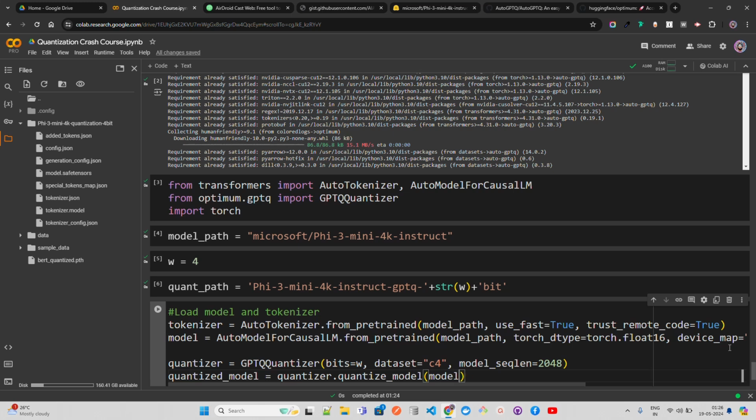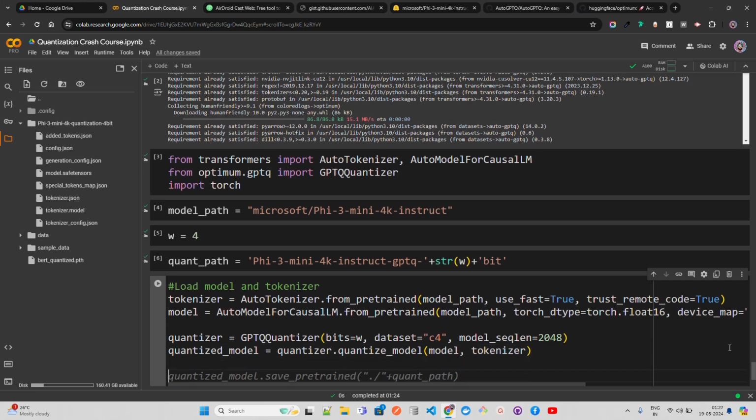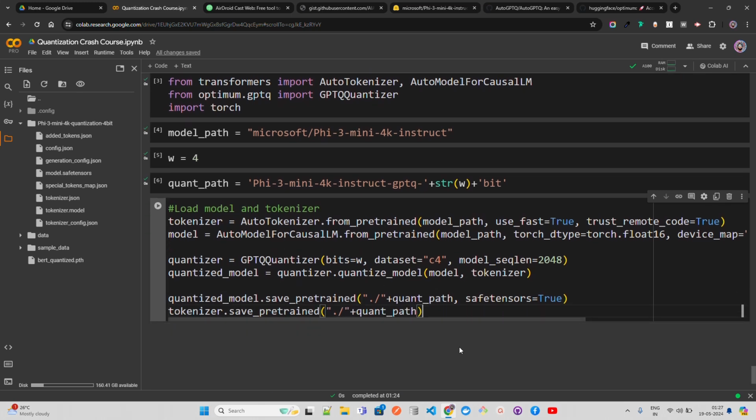So let me just do that, model, tokenizer, and I think we are good with this. Then you just do quantized_model.save_pretrained, and then you're going to pass your safe tensors. Okay, so safe_serialization equals True, and then this is making sense. And then you can do tokenizer.save_pretrained, and then you can just save this. Let's save it and see what happens.